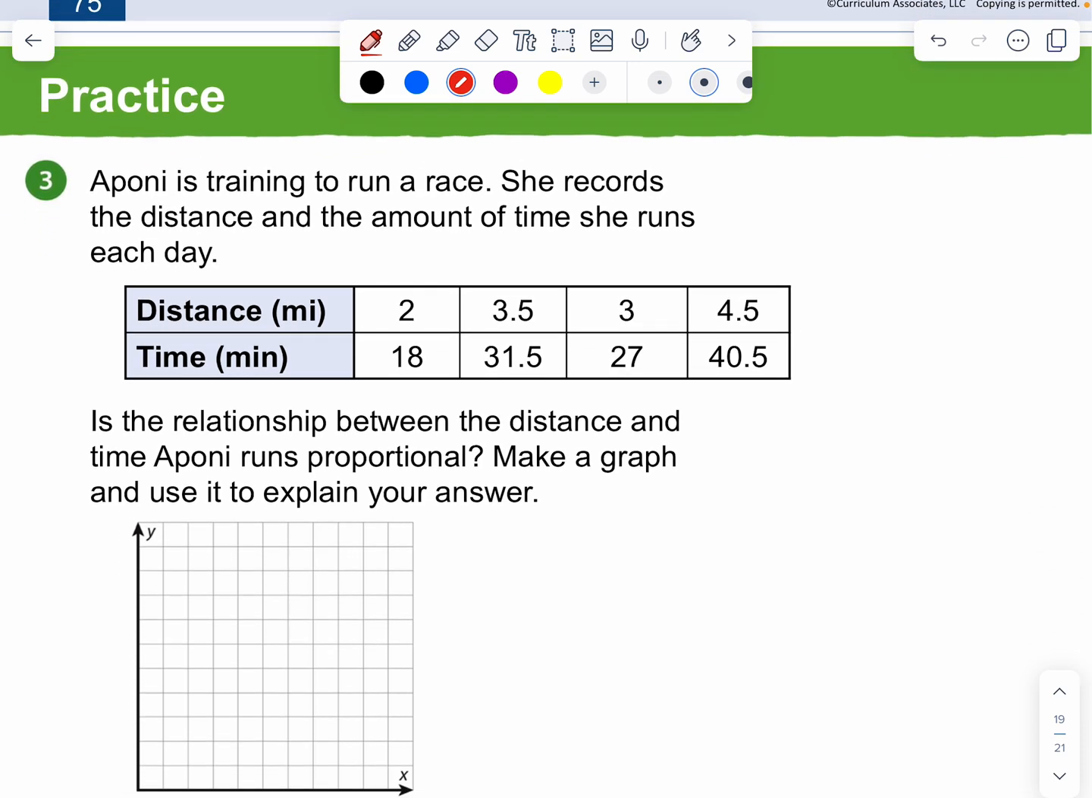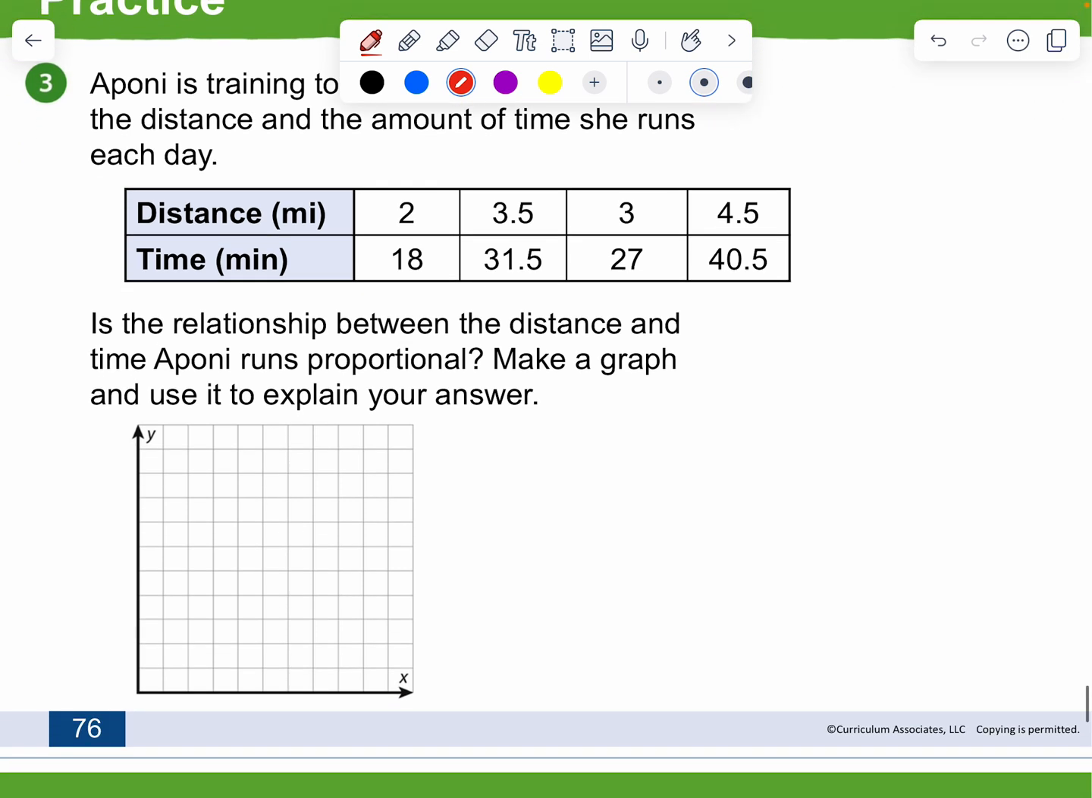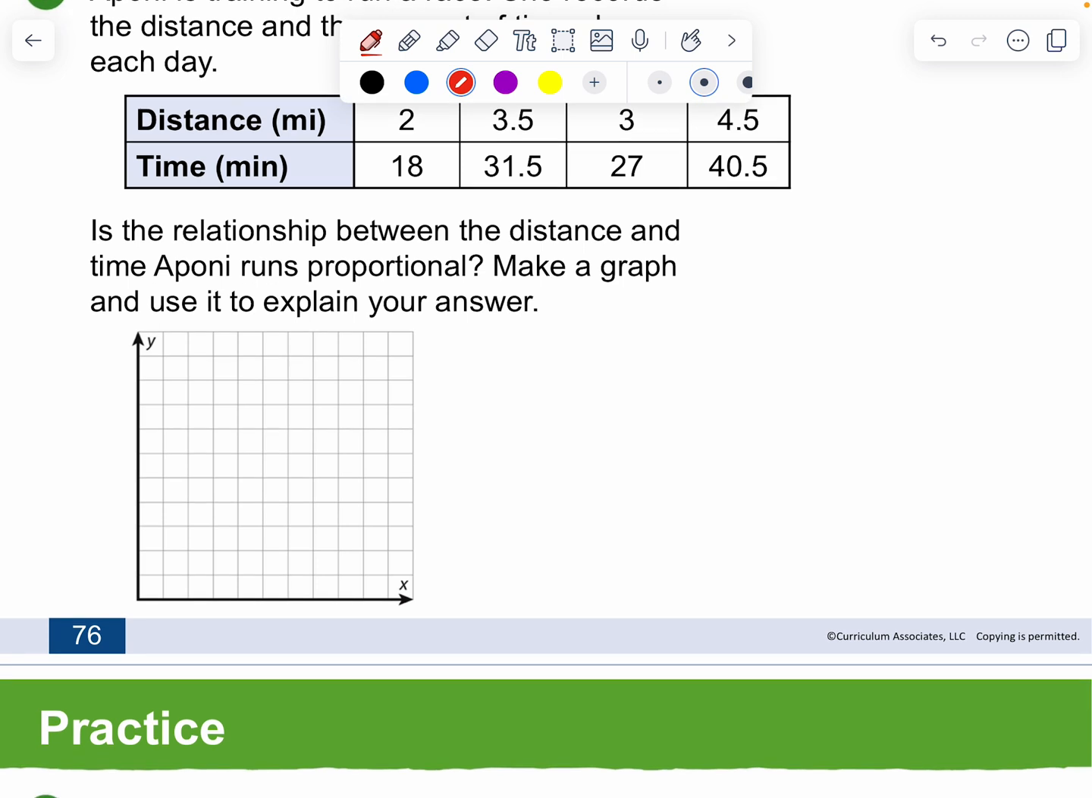Number 3. Apani is training to run a race. She records the distance and the amount of time she runs each day. Is the relationship between the distance and time Apani runs proportional? Make a graph and use it to explain your answer. Okay, we need distance on the x and time on the y. And I think I'll go by half. So that'll be 0.5, and this will be 1, 2, 3, 4,